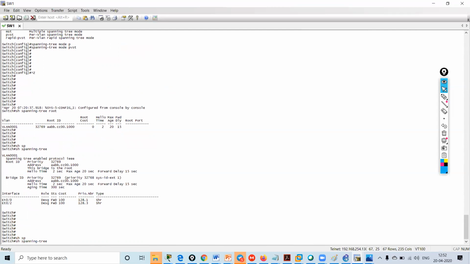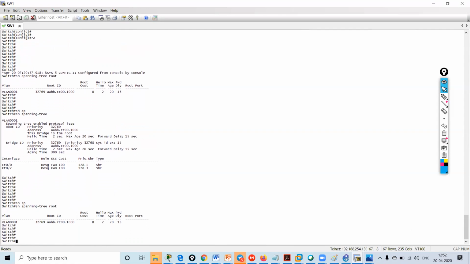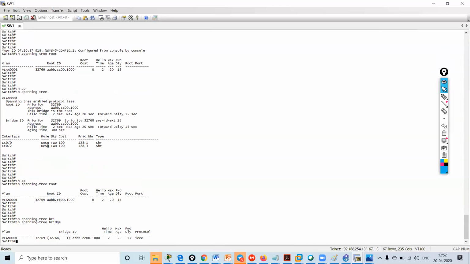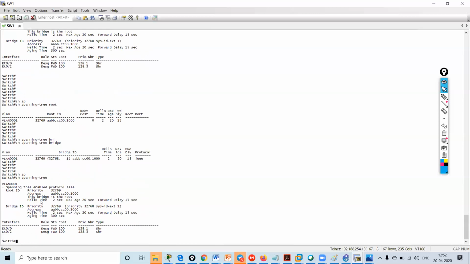Show spanning tree root will not give me the output over here. Spanning tree bridge also is not giving me the output over here.